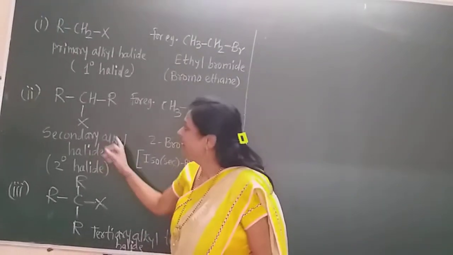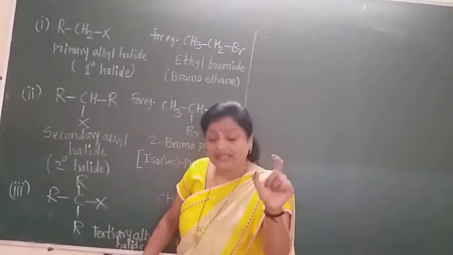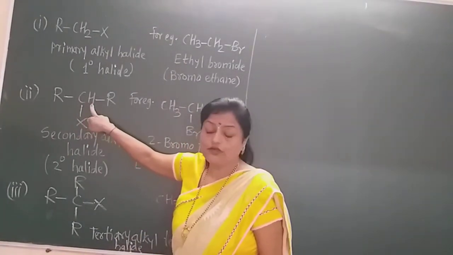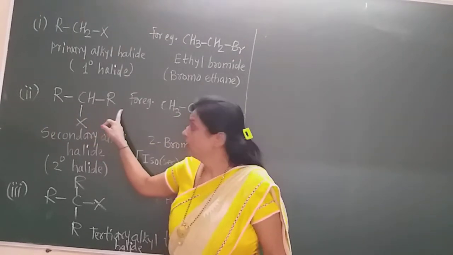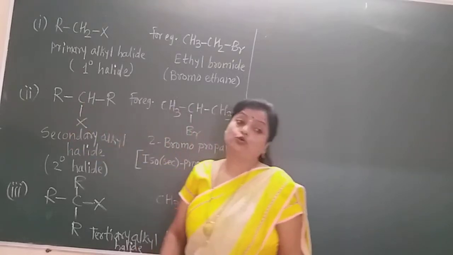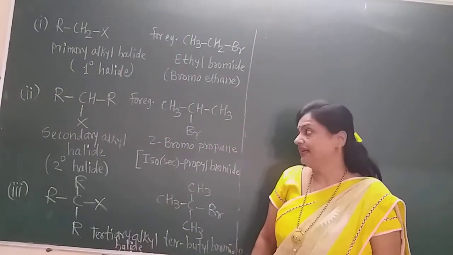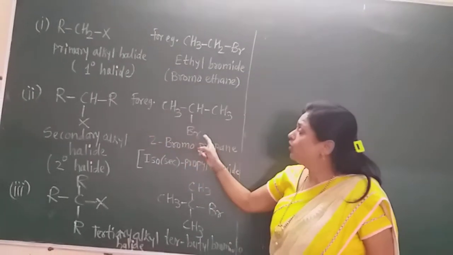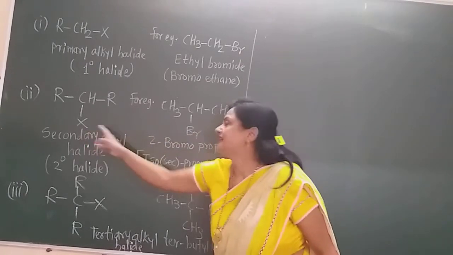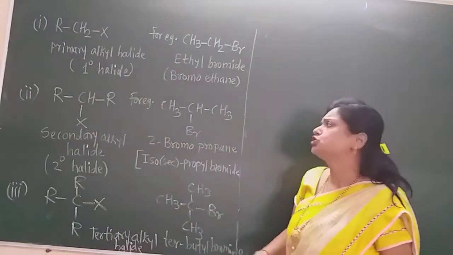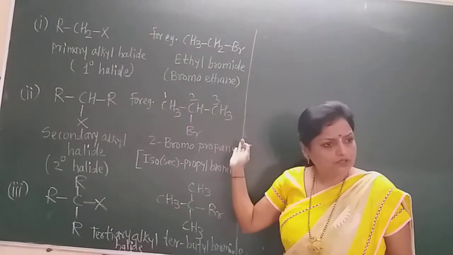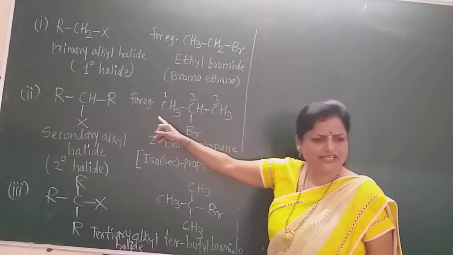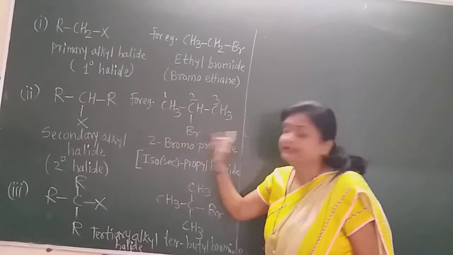Now a secondary alkyl halide must have such a carbon which is attached to only 1 hydrogen and 2 different alkyl groups, R groups. And at that carbon there is the halogen. Those are the secondary alkyl halides, and they are also denoted as 2° halide. For example, here I replace this X by bromine. You can replace it by chlorine also, and give the numbering from any side because both sides are the same. You may number 1, 2, 3 because on the second carbon there is the bromine.